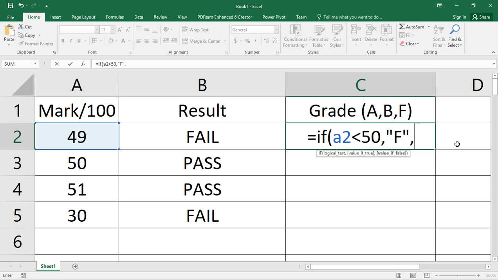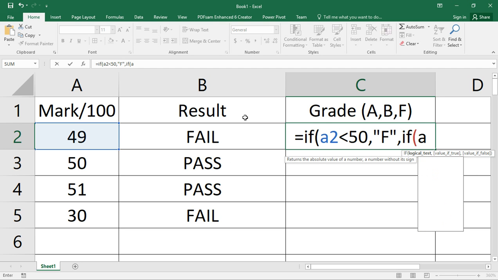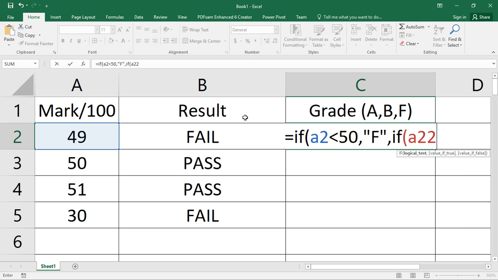So now let's check again. If the value in A2, still dealing with A2, is less than 75, then that's a B. So if the value in A2 is less than 50, then it's an F. Otherwise we check again whether the value in A2 is less than 75.